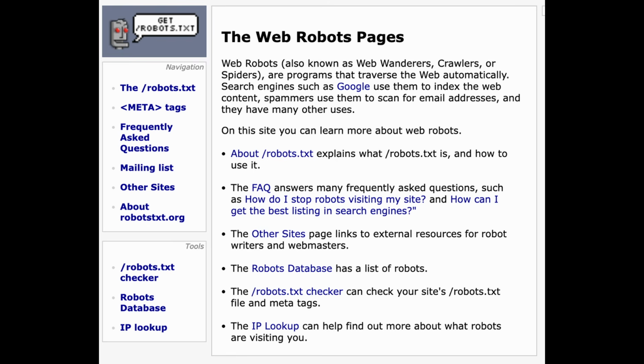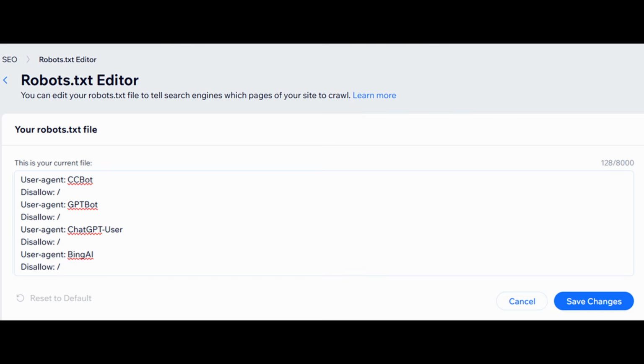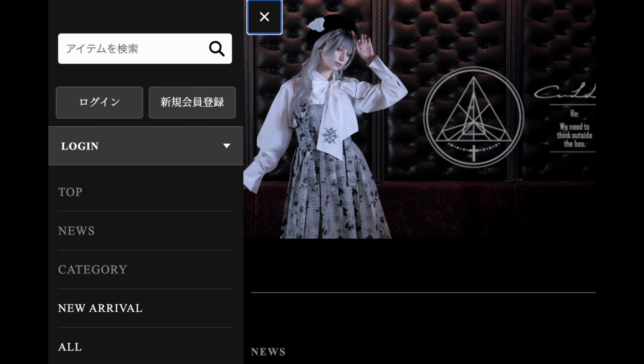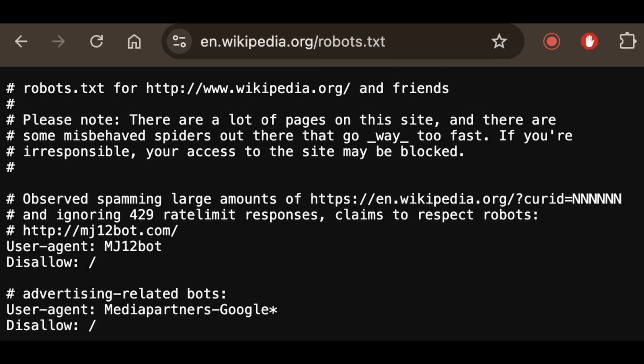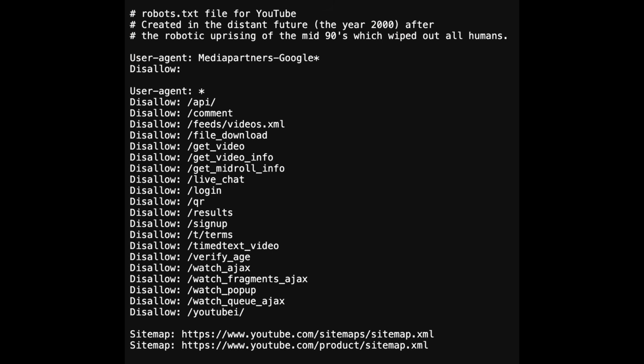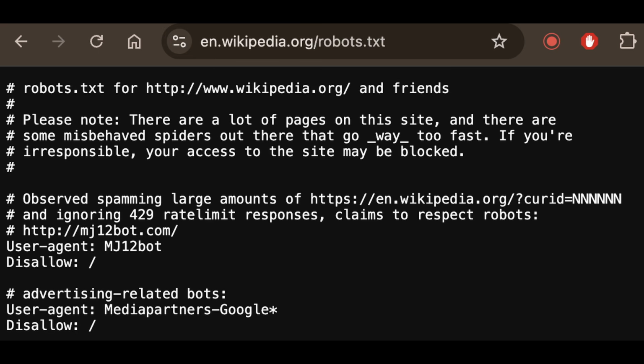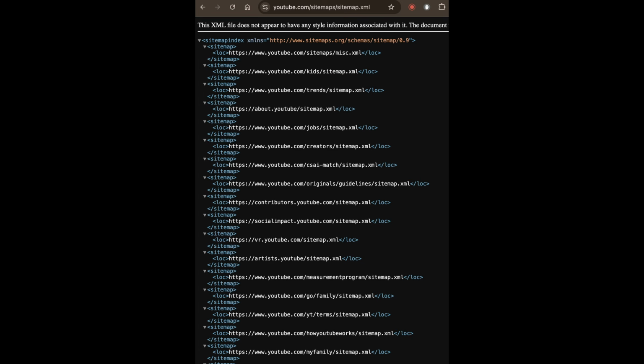I do find it interesting how none of this is legally enforced and is purely based on agreement, and yet still has a very positive effect on how we browse the web to this day. And now whenever you're on whatever site, you can easily check out its robots.txt file and find what the site doesn't want crawlers to show on the web, and also just interesting quirks in general, like whether it has any unique comments or whether it has beef with a specific crawler and blocks only it from accessing the site. Sitemaps are more boring, but you can still browse them for fun and just see all the important links a website has and check them out.